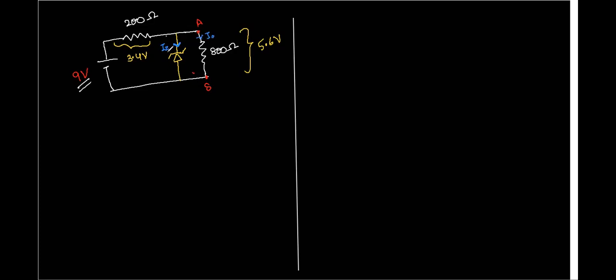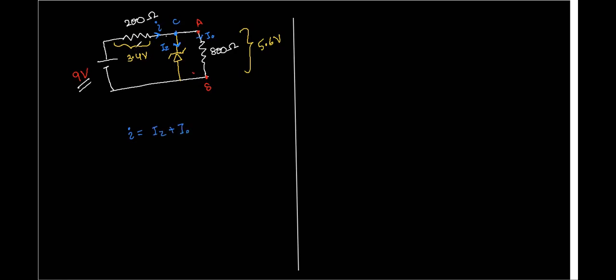What does this mean? Let's say this is the junction C. If the total current in the circuit is small I, then definitely small I is splitting into IZ and I naught,